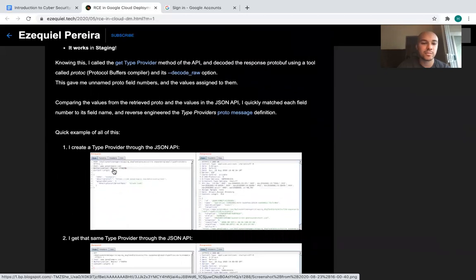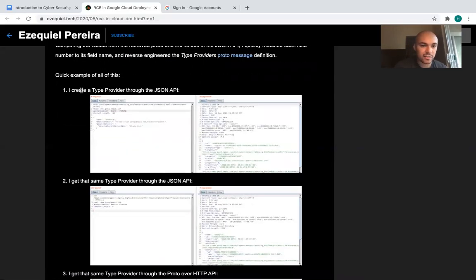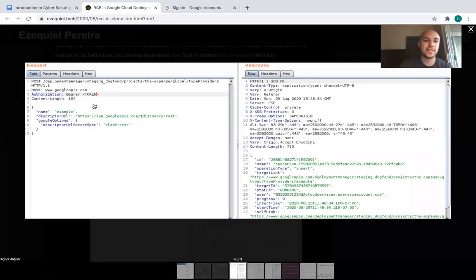Looks like they're using Burp Suite. It's a free tool. There's a paid version, but you're going to want to get the free version of it. So they created a type provider through the JSON API. Right here, you can see they're doing a request. This guy is actually hacking the website by sending these little requests. What he's doing is, and this is a really important topic,